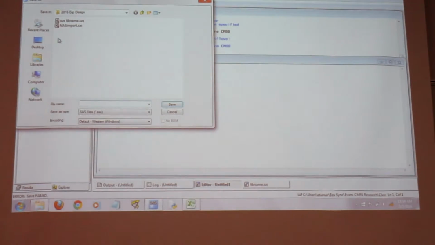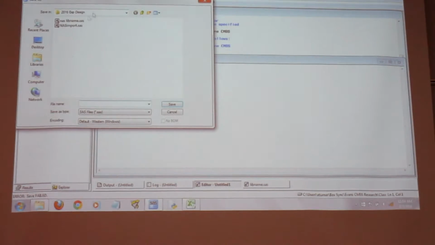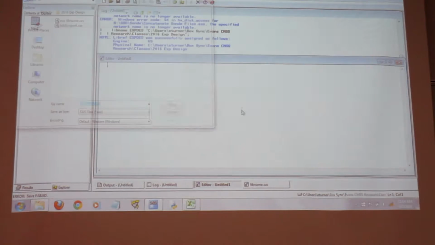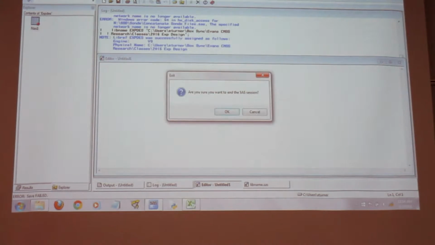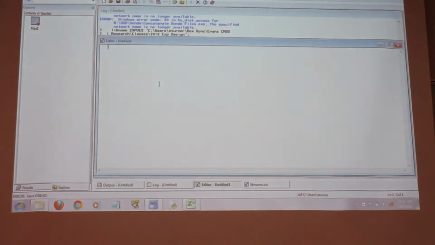For some reason it's not letting me save it. All right, hold on a second. I don't know why it's not letting me save it. Oh, I'll just copy it later. I'll let that go. All right.